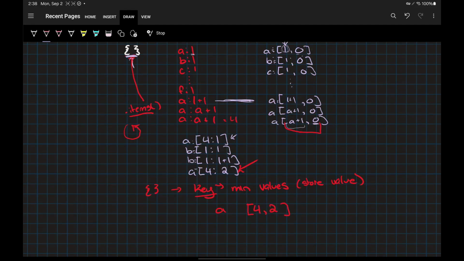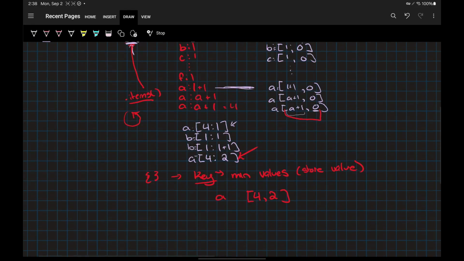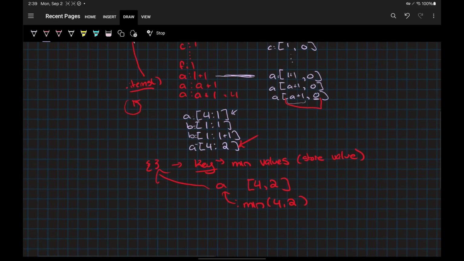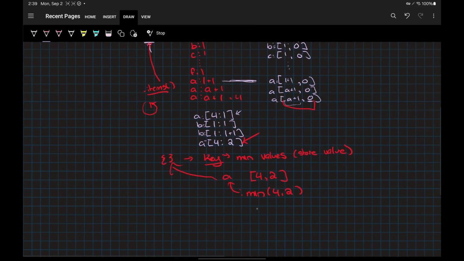So there's 4 and 2. And what we're doing here is we're saying, well, let's take the minimum value between these two, right? And whichever one is smaller, that's going to be assigned to A in this new dictionary. And once we've done that, well, so long as we're ignoring the zeros,